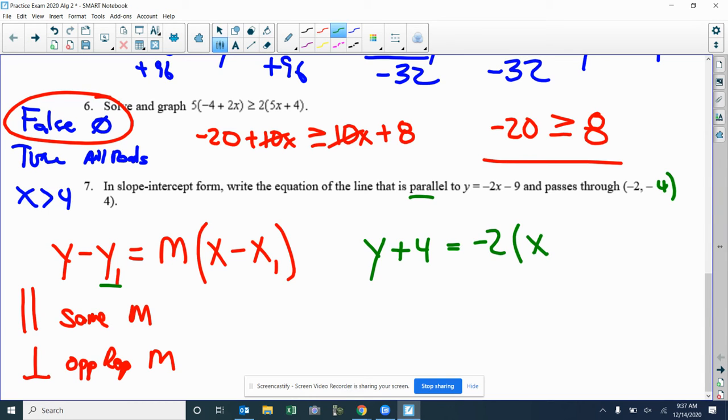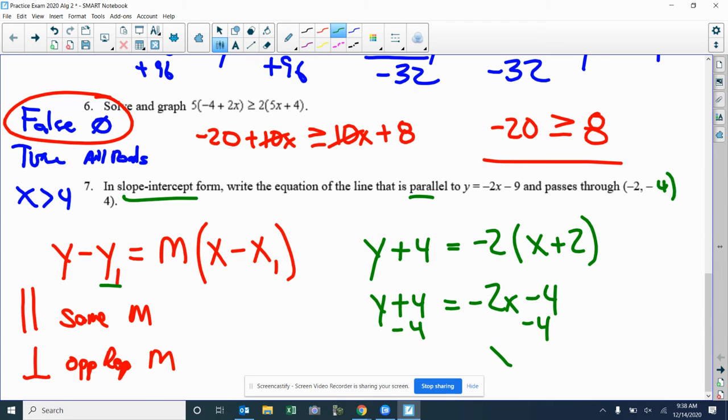Then we're going to have our x, again, minus, minus, so plus 2. All right, ready to do some work here. We're going to have y plus 4 equals negative 2x minus 4. After we distribute, we're going to put it in slope-intercept form. I'm going to minus 4. So I finally end up with y equals negative 2x